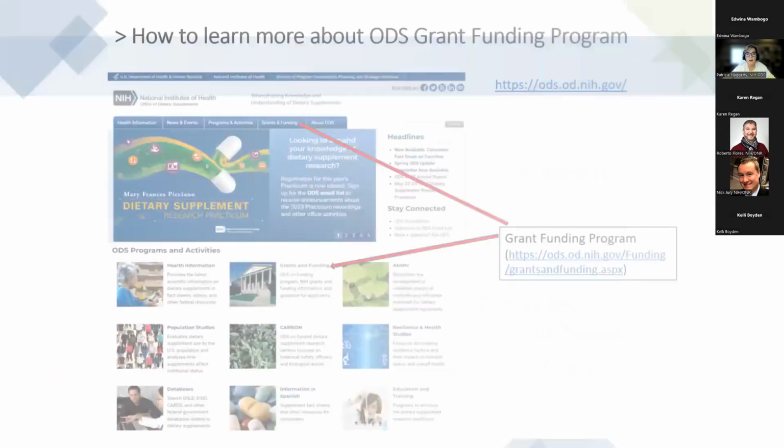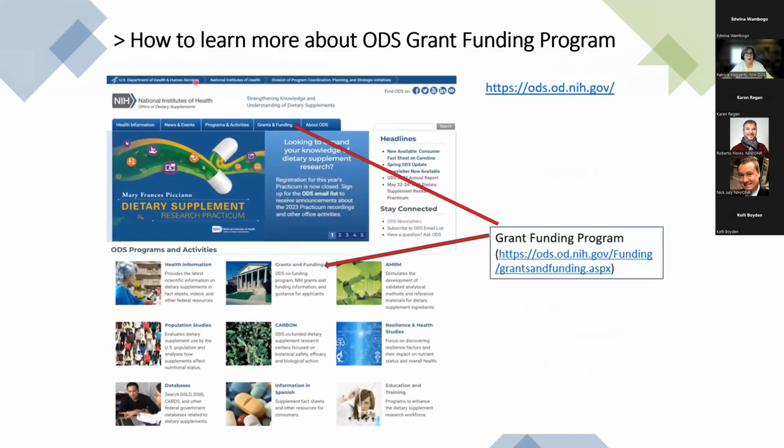Slide: how to learn more about the ODS grant funding program. A screenshot of the website, https://ods.od.nih.gov/. It has a banner on the top left, thumbnails to content in a grid below, and a news column on the right. A box points to both a tab above the banner and a thumbnail box that read Grants and Funding. Text: Grant Funding Program, https://ods.od.nih.gov/funding/grants-and-funding.aspx. So if you'd like to learn more about the ODS grant funding program, I'm going to show you how to do that. If you go to the ODS website, this is the URL to the ODS website,